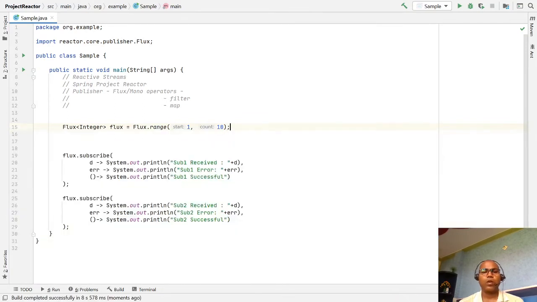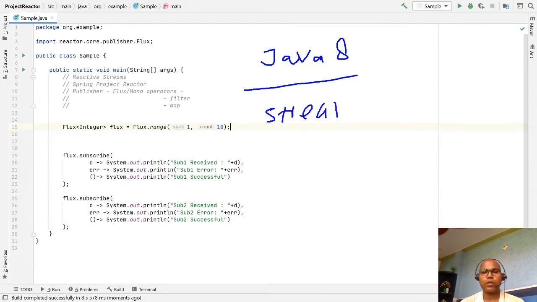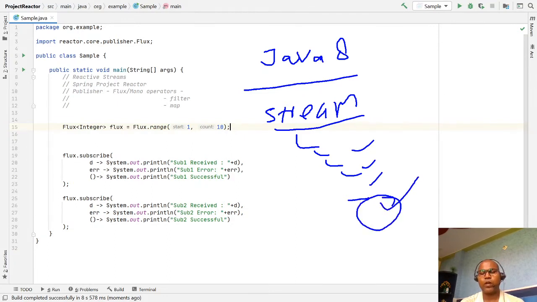Okay, so I'm talking about the Java 8 stream. Whenever a stream produces data and some intermediate operations are performed, after that, when terminal operations are performed, like forEach, return, some summation, collect, after that this stream is closed and this stream cannot be reused. But here, if this flux